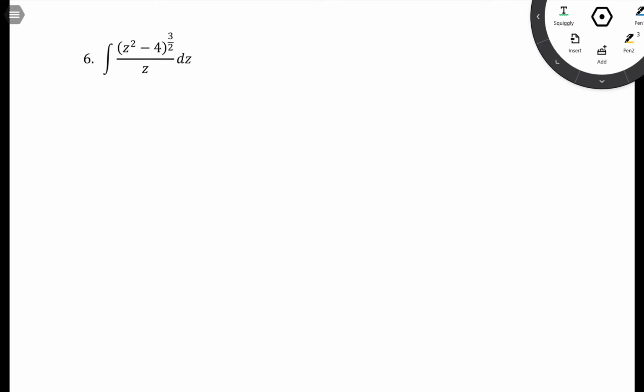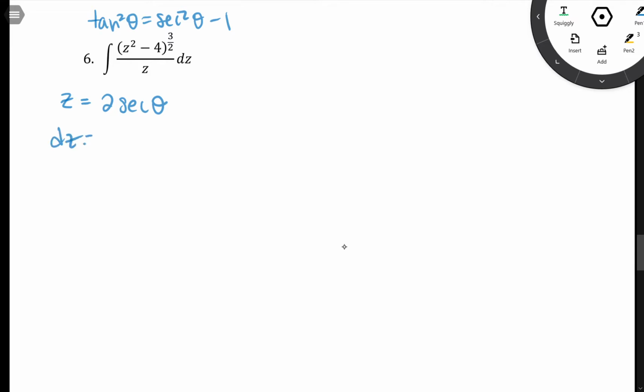So, alternatively, excuse my yawn in the middle of the afternoon, we know that tangent squared theta is equal to secant squared theta minus 1. So we can use secant as part of our substitution here. So I'm going to replace x with 2 secant theta, which means that dx is going to equal,